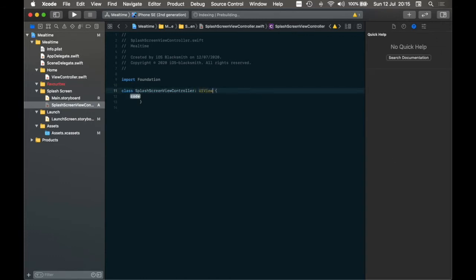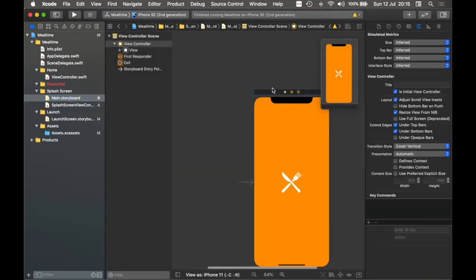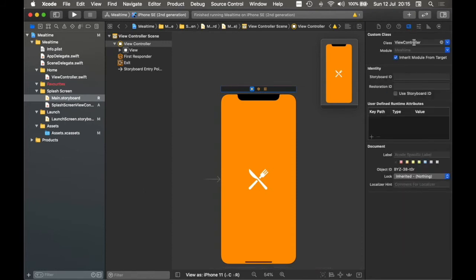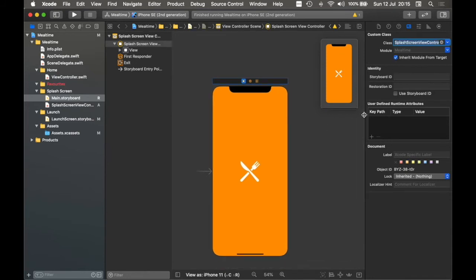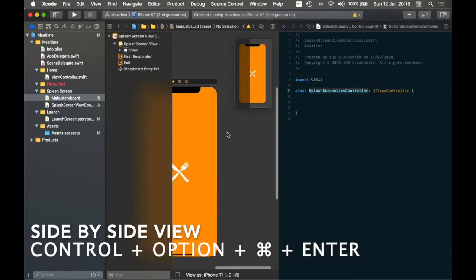We're going to need to import UIKit since the view controller resides over there. And now we need to tell the storyboard that this particular view controller has associated the view controller we just created. So we do that, and now they're linked, but to actually make sure, we're going to open the splash view controller